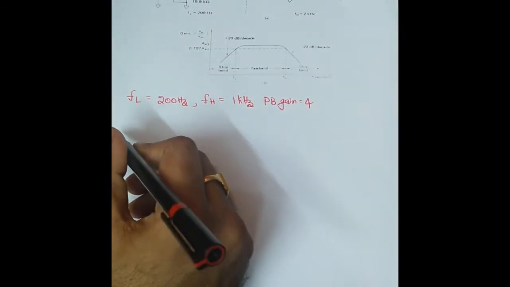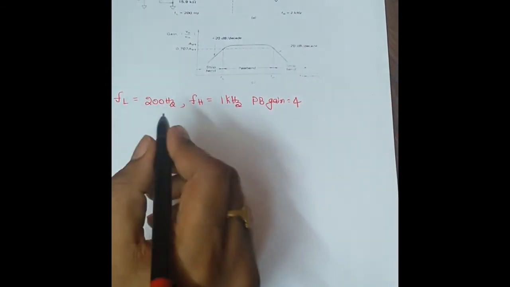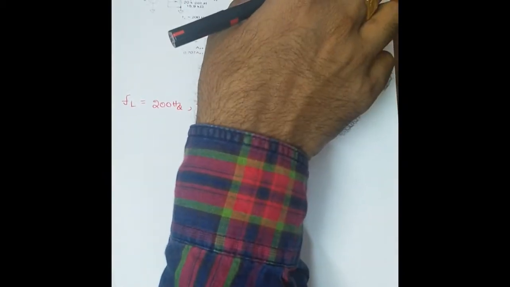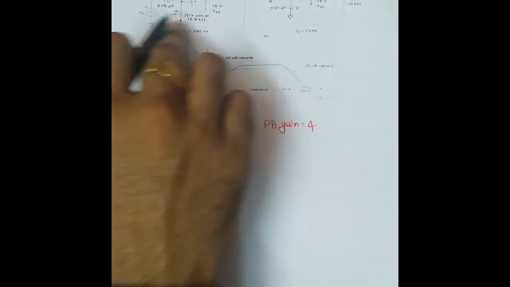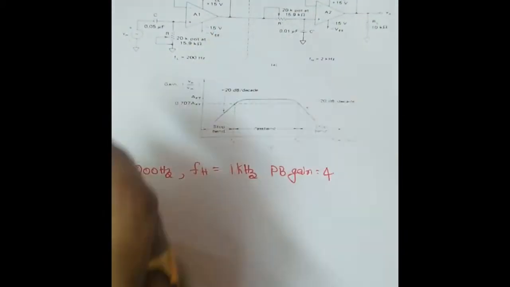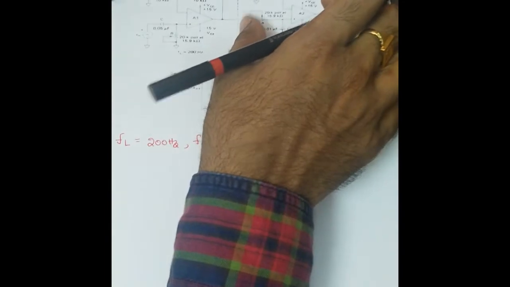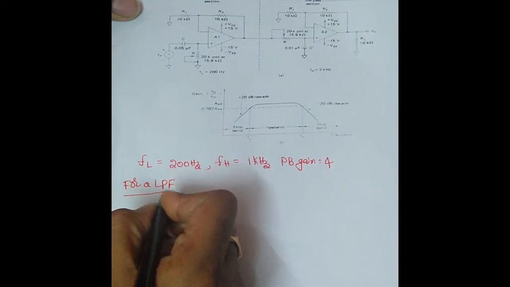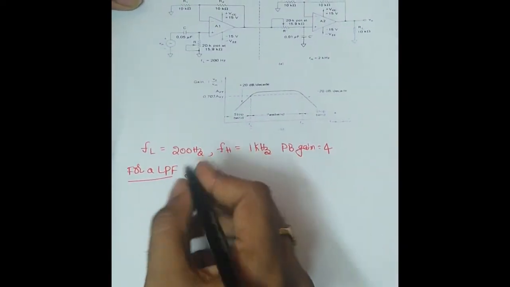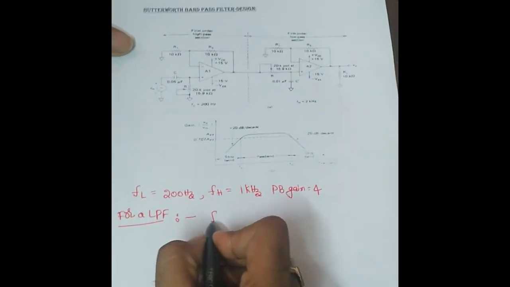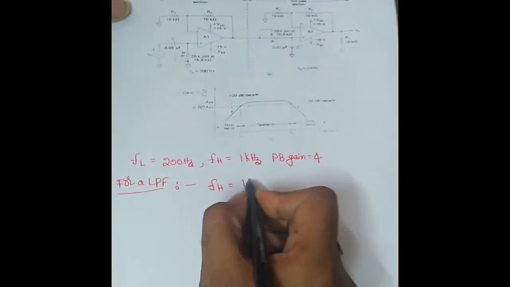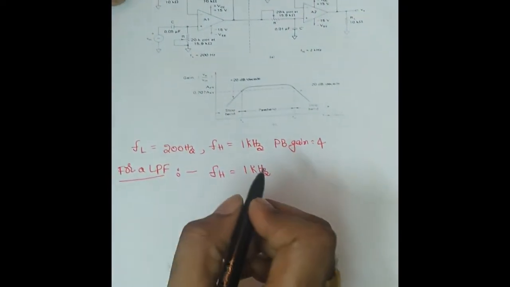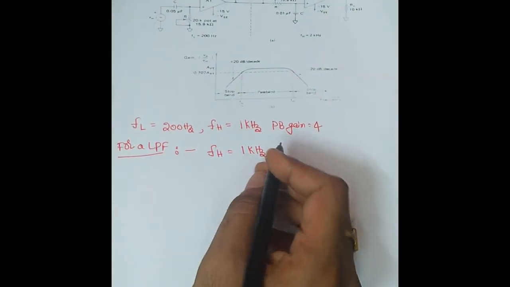For this purpose I have selected the low pass filter section and the high pass filter section. I need to select both of them because it is a combination of both. First it consists of the high pass section and after that you have a low pass section. For a low pass filter, what are the values we have taken, we will see. Let us assume FH equal to higher cutoff frequency equal to 1 kHz, and after that we need to calculate the value of the capacitance.